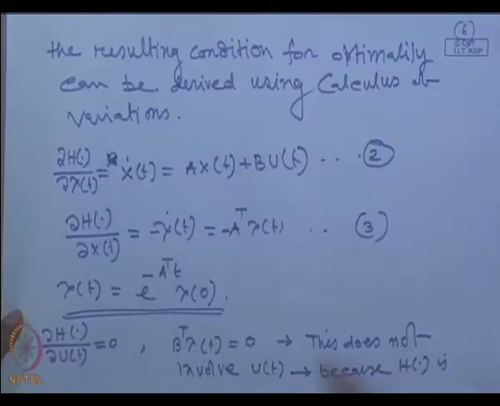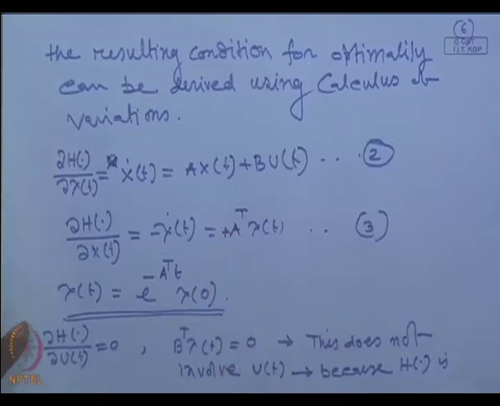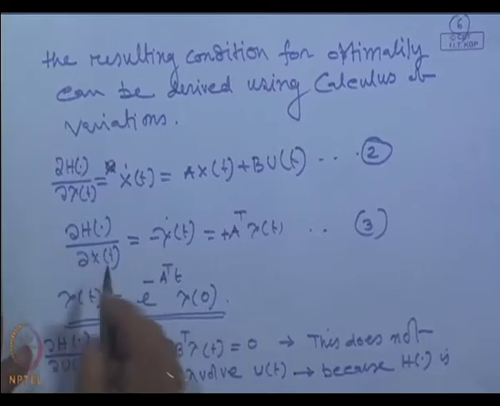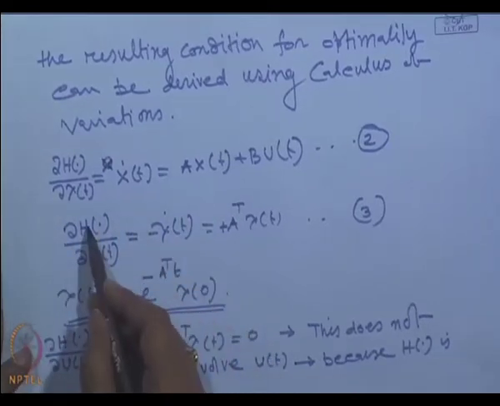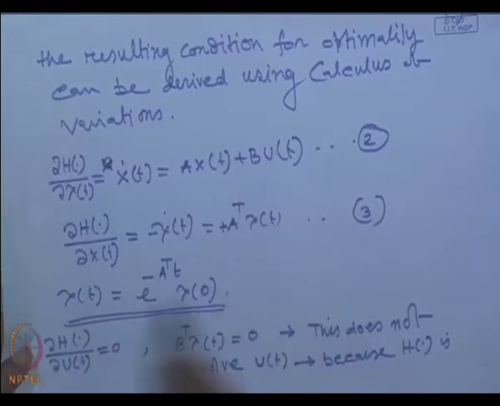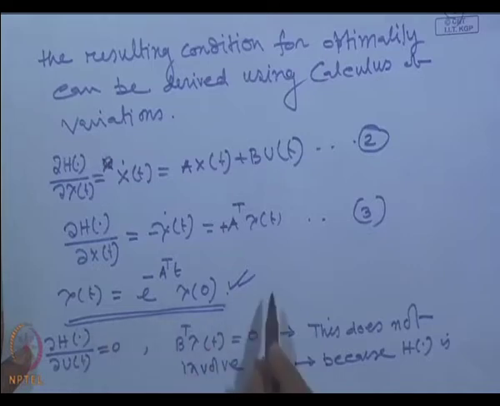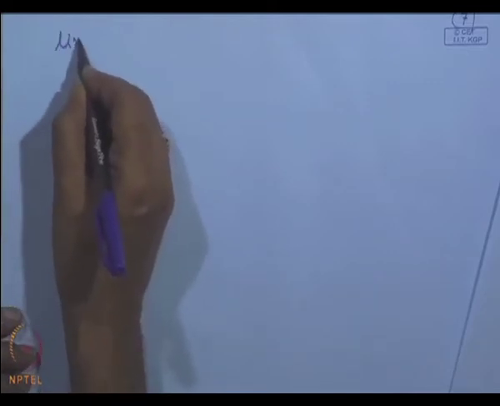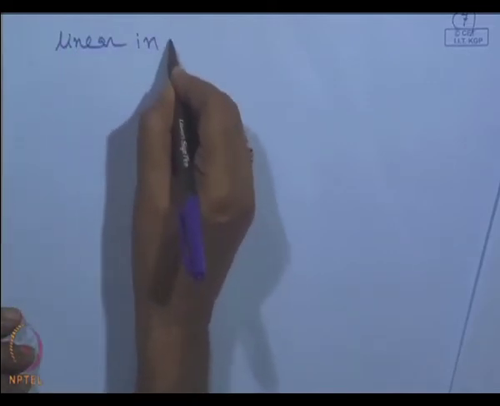When you differentiate this, that will be A transpose, not A. Please change this. This is the co-state vector equation. Now, I am differentiating with respect to x, so that will be A transpose of this. The solution of lambda of t is the simple state equation solution, as shown. And because H of t is linear in u of t,